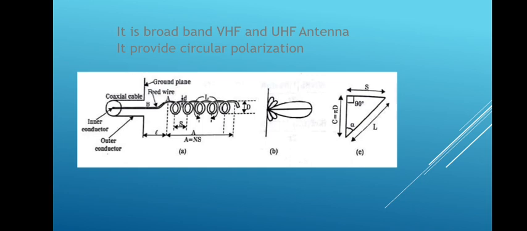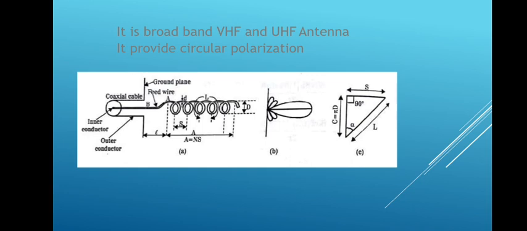So here the total length L is equal to the square root of C squared plus S squared, where S is the spacing and C is the circumference. It is just like a wire wound around a cylinder. Therefore, 2 pi r or pi d is the circumference. So C is equal to pi d. From this, L is equal to the square root of C squared plus S squared, right? And alpha is indicated here.